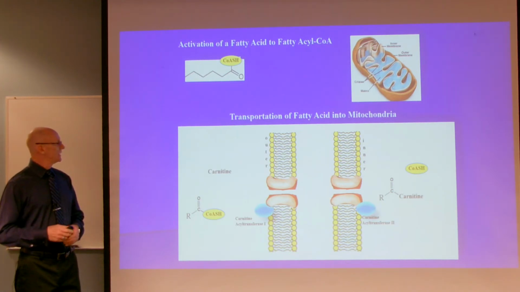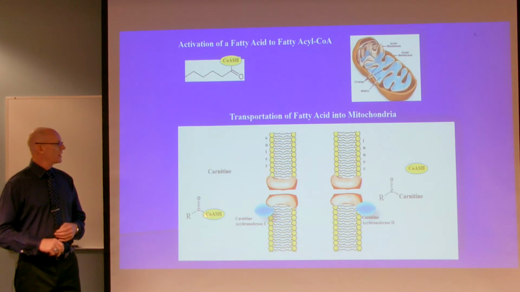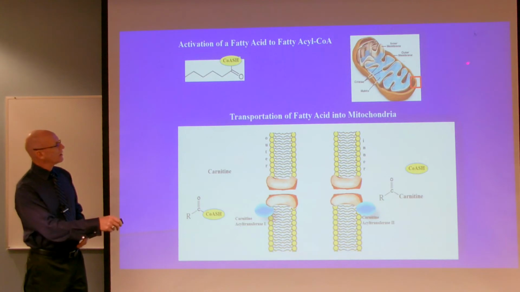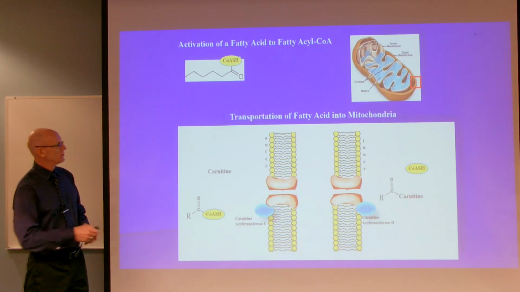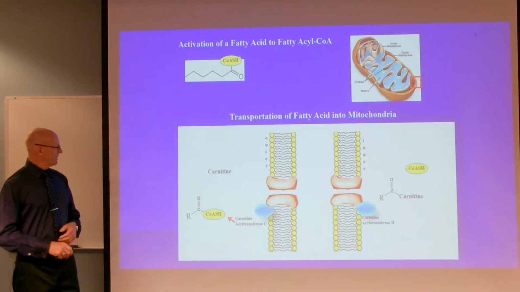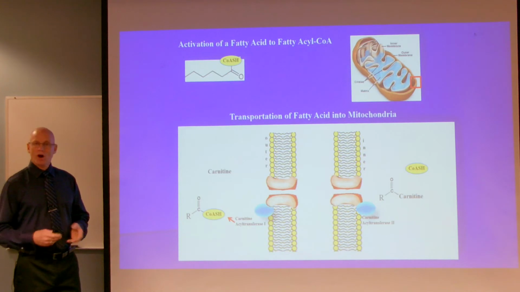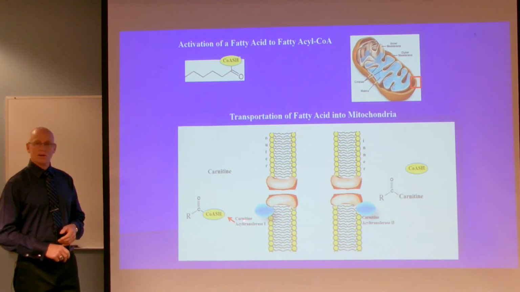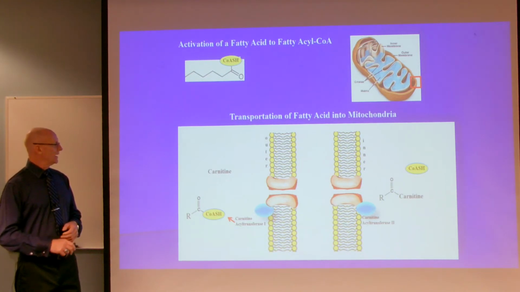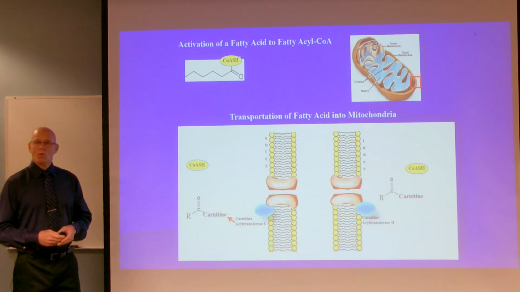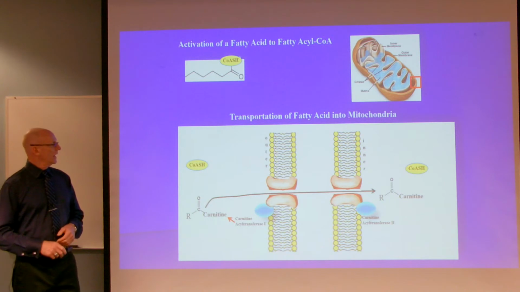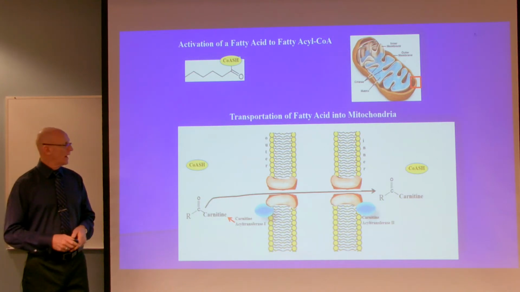Now we have to get that fatty acyl-CoA across both mitochondrial membranes. And the way that is done, and this is the outer mitochondrial membrane and the inner mitochondrial membrane, in order to get that fatty acyl-CoA across both membranes, we're going to use this protein that's embedded on the outer mitochondrial membrane called carnitine acyltransferase 1. And that will help transfer the coenzyme A for carnitine. And now we can transport that across both mitochondrial membranes. And once this crosses both mitochondrial membranes,